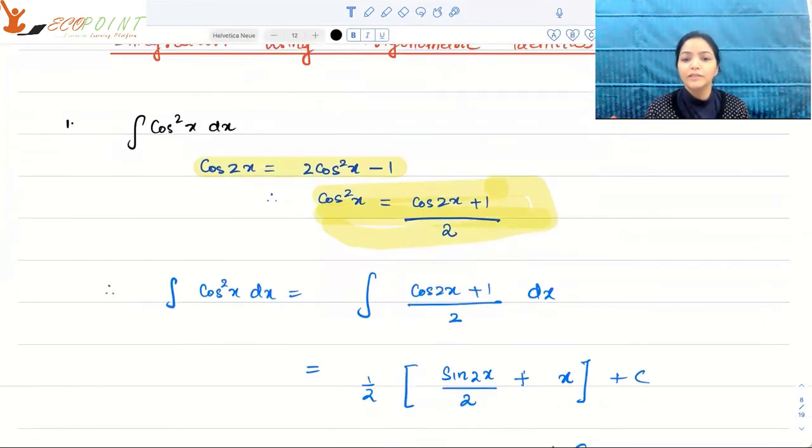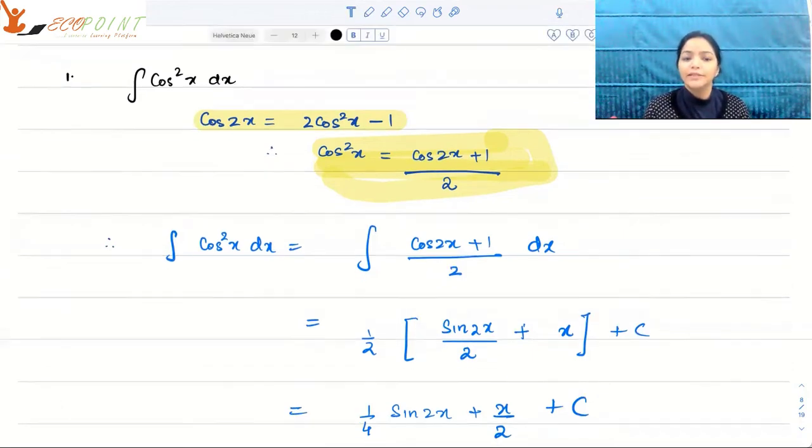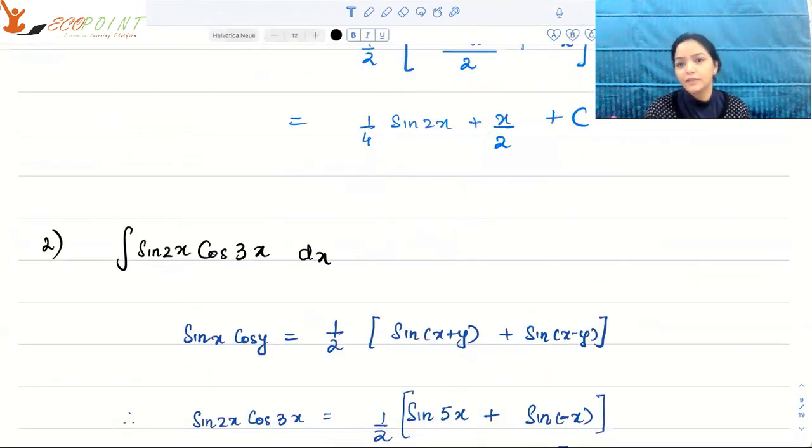Now integrating this would be very simple because cos could be directly integrated as sine. That's why, instead of the power, we just wanted cos or sine in the picture. So sine 2x upon 2, half I've kept outside, plus, integrating 1 gives you just x plus the constant. So it will simply be 1 by 4 sine 2x plus x by 2 plus c. Next is sine 2x cos 3x dx. Now recall